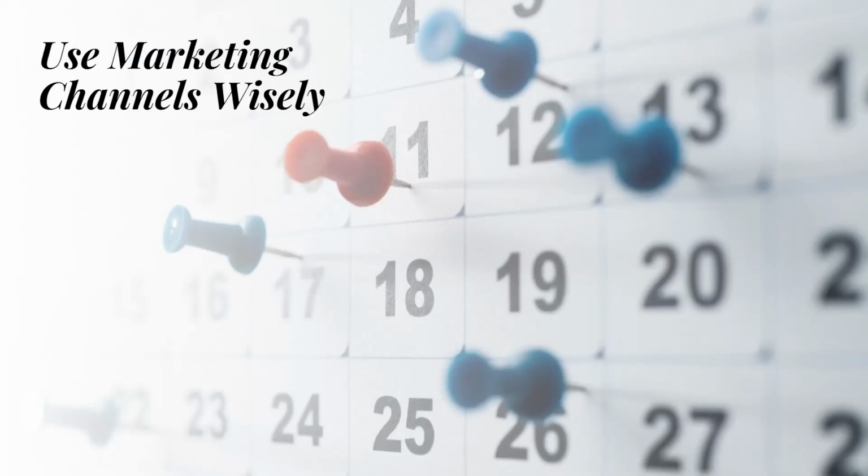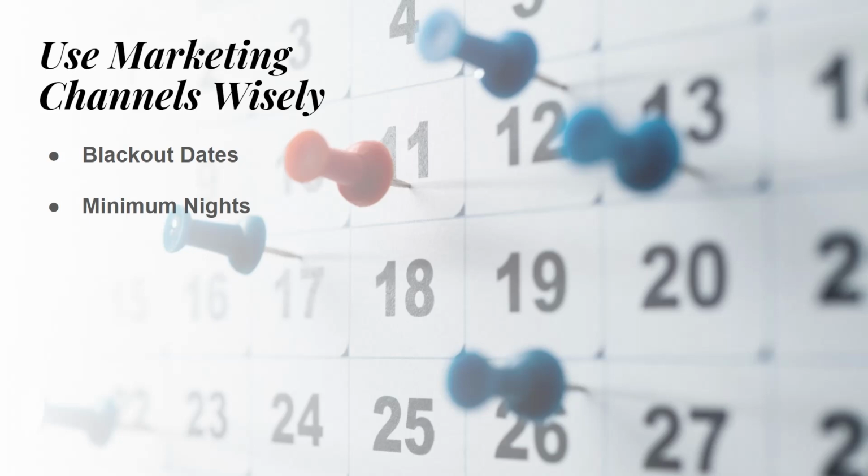ResNexus gives you control over your marketing channel listings, so you can be smart about how you use them. For example, let's say your property always fills up on Labor Day weekend. You don't want to lose money from commission fees if you don't have to, so you can simply make that weekend a blackout date for OTAs in ResNexus. That way, you're maximizing your revenue by only accepting direct bookings for that busy weekend.